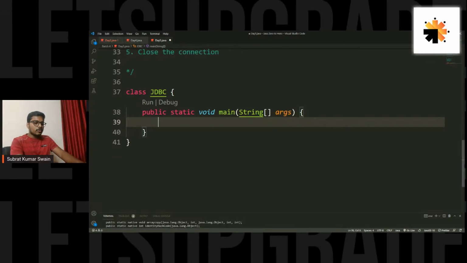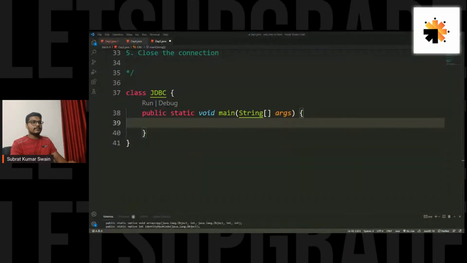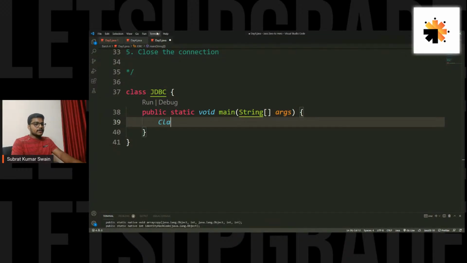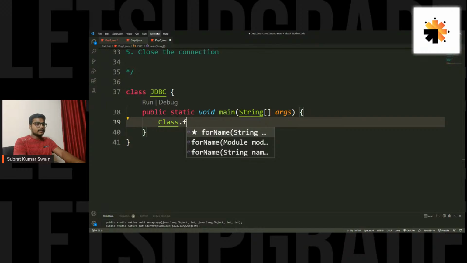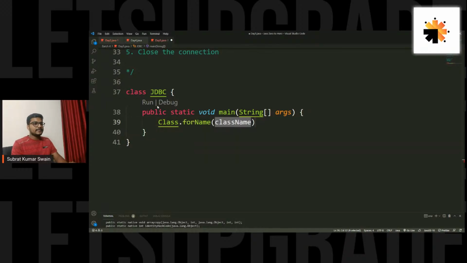So how do we load the driver? That's what we need to understand. How do we load the driver, guys? You have to remember this; I cannot get into so much detail right now, so I'll just tell you the steps and you just follow. So how do we load or register the driver? You have to write Class. There's a forName method in this class. Here you need to mention the driver, and the driver, if I remember correctly, it is